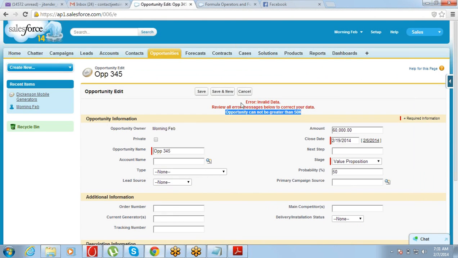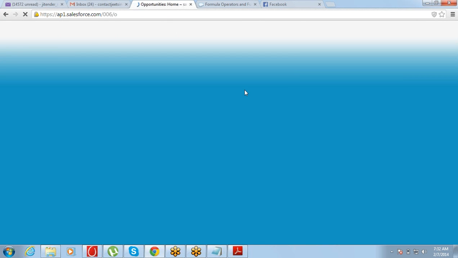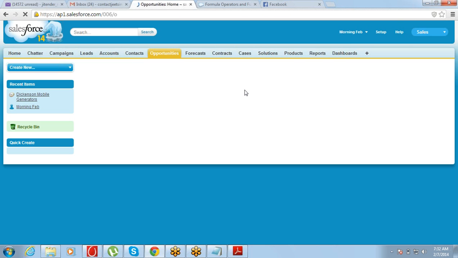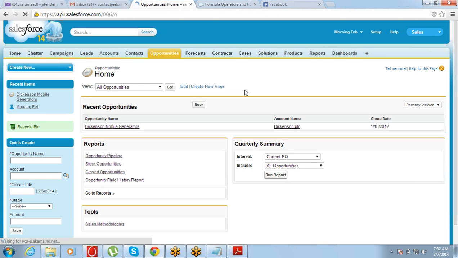Can you give us one scenario which we can work on as a task, for formula and validation?